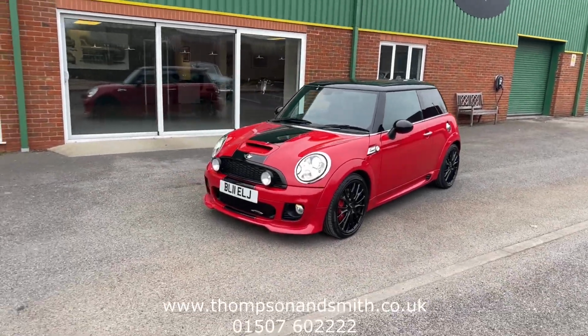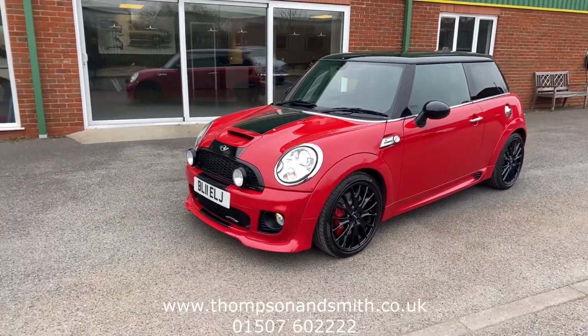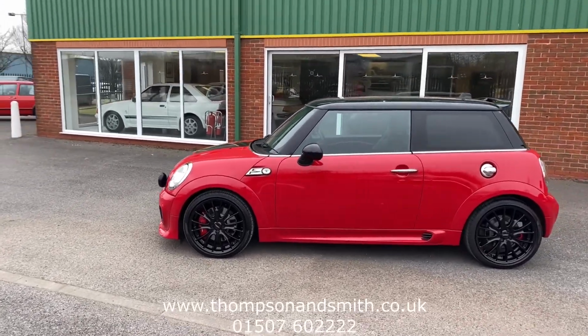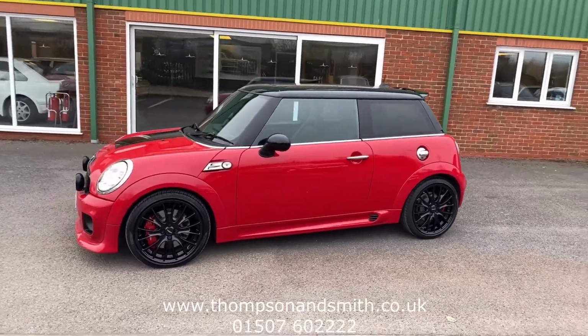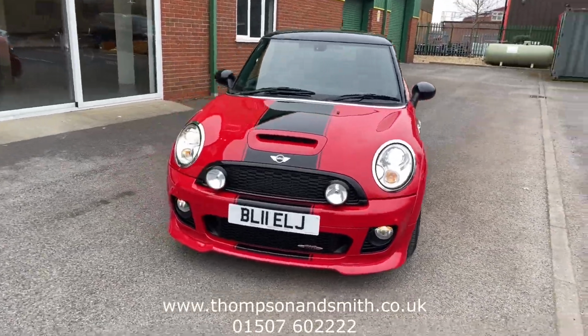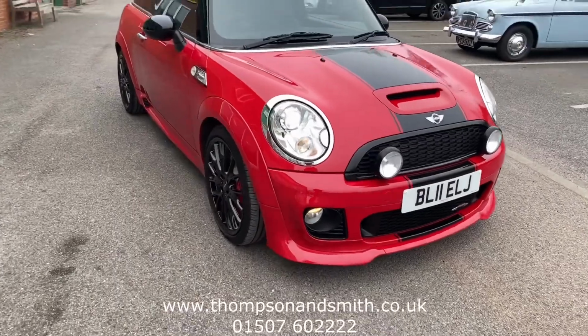Today we're pleased to offer to you this beautiful low mileage Mini Cooper John Cooper Works. It's the later 2011 version. It's the R56, a turbocharged engine, 210 brake horsepower, finished in chili red with black contrast roof mirrors. It's fitted with a chili pack which gives you these xenon headlamps,